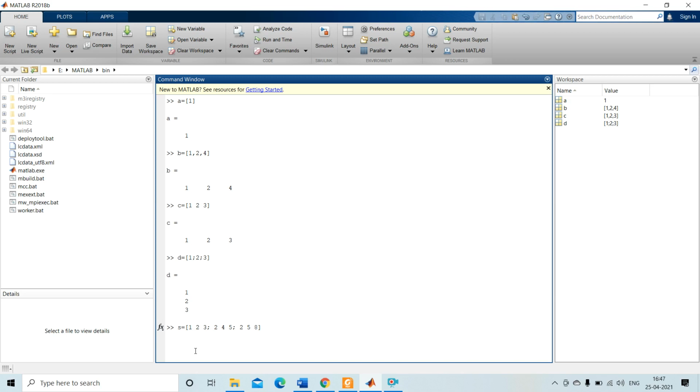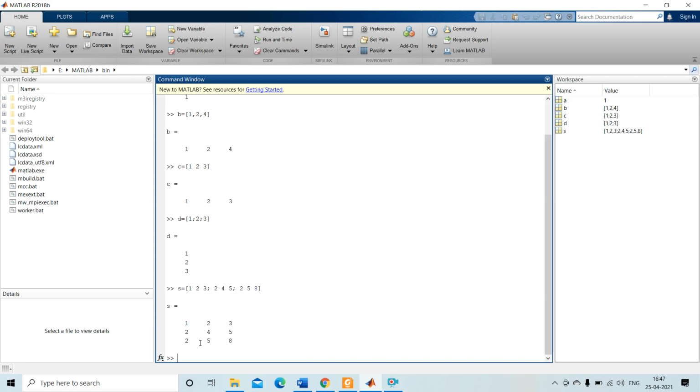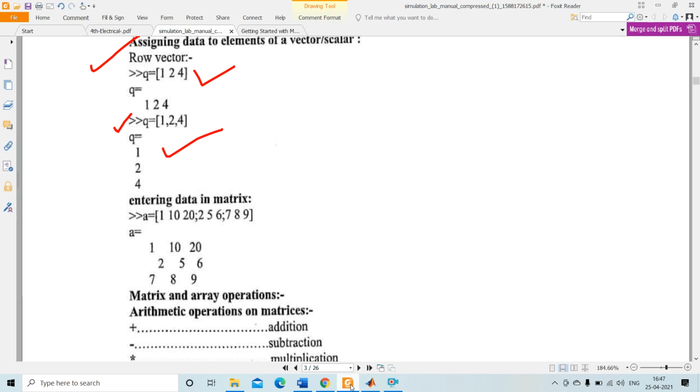So now I am pressing enter. See, 1 2 3 is the first row, these 3 are the columns, then semicolon means next row. This is 2 4 5, which are 3 columns, then again semicolon means next row, then 2 5 8. So this is a 3 cross 3 matrix. Like this you can create or enter data in a matrix.